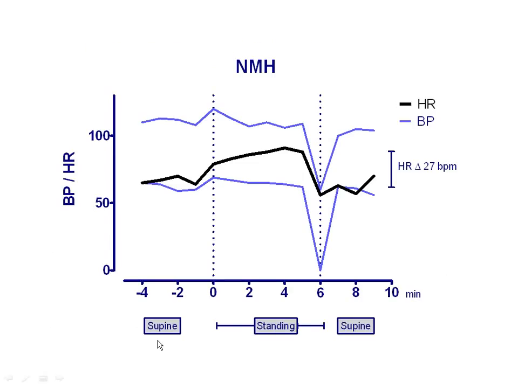This shows a standing test, again, shown earlier. The person is supine for a few minutes, then stands up, and then returns to the supine condition. In contrast to the boy I showed you earlier who had POTS, this patient had a modest increase in heart rate with standing. It was no more than 27 beats per minute, so it didn't meet criteria for POTS. Eventually, blood pressure plummeted at the 5-minute point, and the systolic pressure went down to about 50, and the person lost consciousness. In this time, even when heart rate and blood pressure were fine, the person was already lightheaded, uncomfortable, and didn't like this feeling.